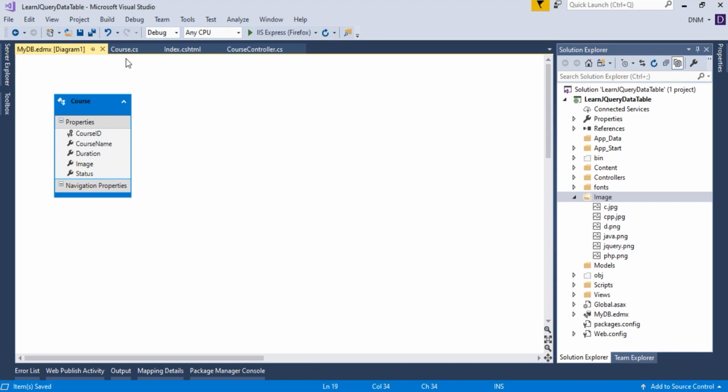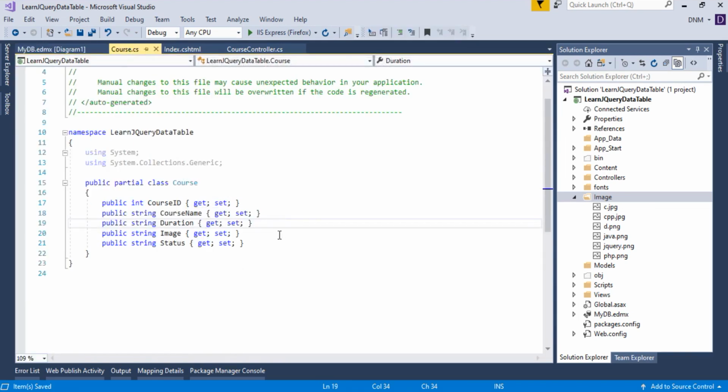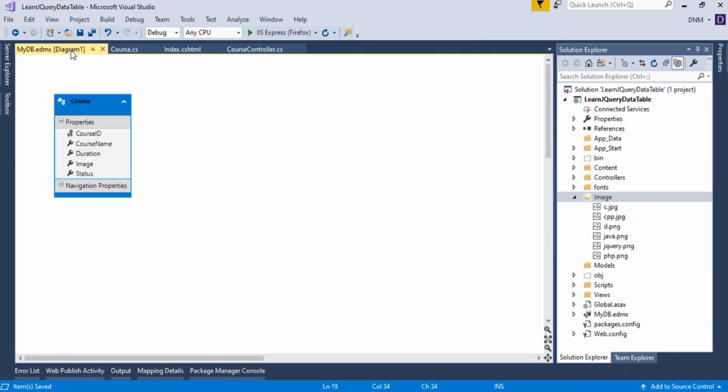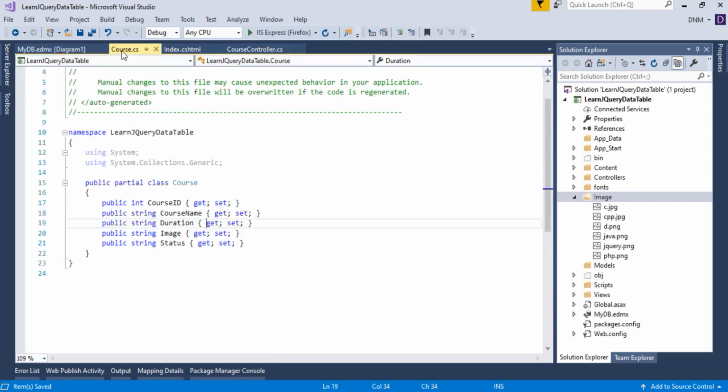Now it is saved, so you can check whether it is reflected or not. So this is our course file. Okay, it got reflected, and these two properties got added. Remember one thing, whenever you update this EDMX file, don't forget to save it. Until you save it, these changes will never be reflected in your class file, the entity class file basically.